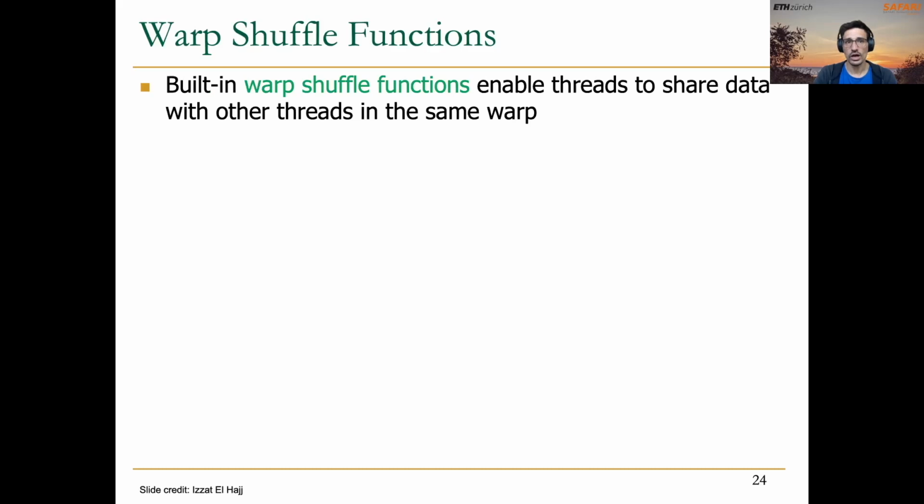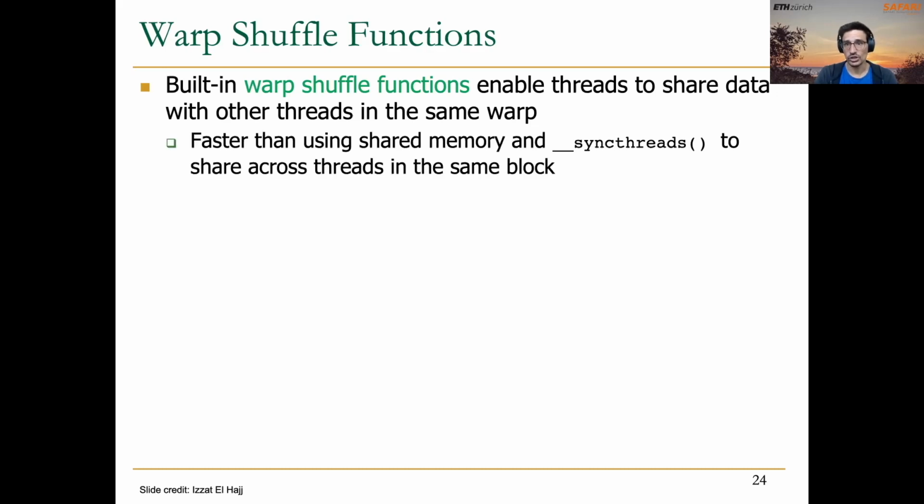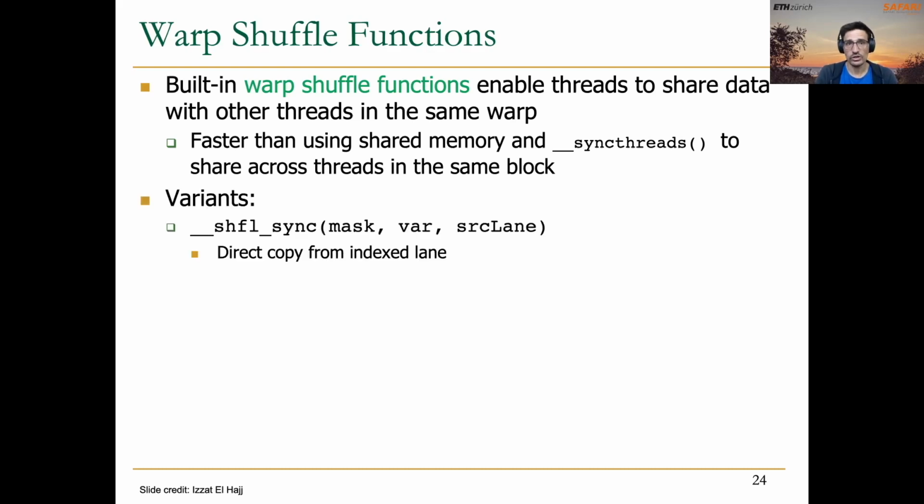Warp shuffle functions are built-in functions that enable threads to share data with other threads in the same warp. This is faster than using shared memory and sync threads to share data across threads that belong to the same warp. There are different variants of these warp shuffle instructions. This shuffle sync is a direct copy from an index lane. Here, if one thread executes this shuffle sync, this thread will read this var variable from another thread that is